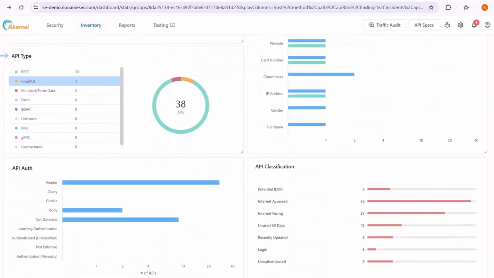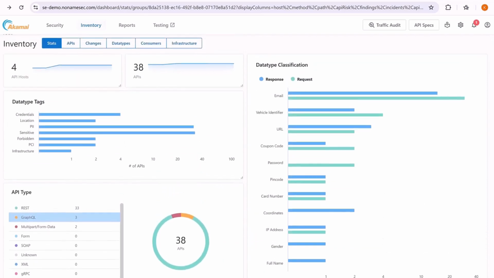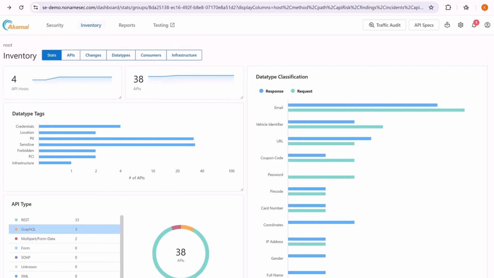Further down, you'll see API type distribution, including REST, GraphQL, and multi-part data, along with their authentication methods. On the lower right, the classification section highlights traits like internet exposure, unused APIs, login endpoints, and potential IDOR risks. Everything on this page is clickable, so you can drill down into any tag, type, or classification to investigate the